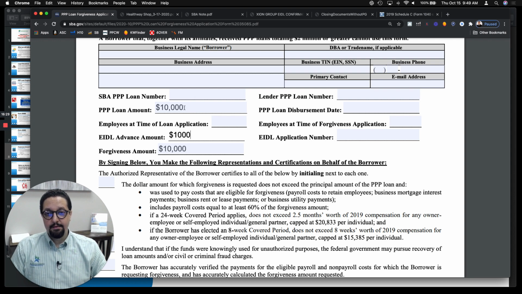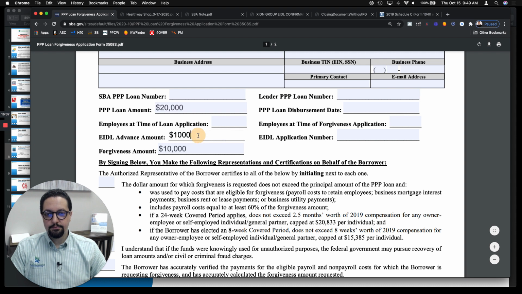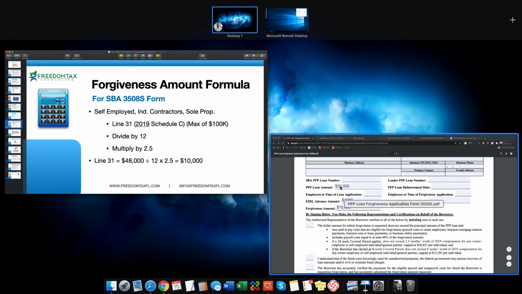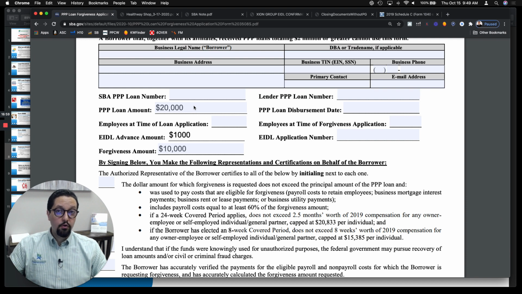Okay? Now, what happens if you got the incorrect amount of PPP loan funds, which is a common mistake? Let's say that the bank made a mistake and instead of $10,000, you got $20,000 PPP loan amount, but when you do your calculation for forgiveness, remember the calculation that we did, line 31, $48,000 divided by 12 multiplied by 2.5, this is the correct forgiveness amount. So in this case, you got more PPP funds than you were eligible for. So in this case, you're going to get forgiven $10,000,